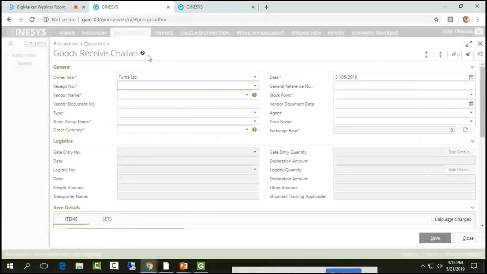So while creating a good receipt challan, the first field you can see is owner site. This is the new addition to a transaction entry for good receipt. Now what is this owner site? The owner site refers to the connected site, or you can say the place at which the good receipt is being done, or the location or warehouse at which the good receipt is being done. So owner site